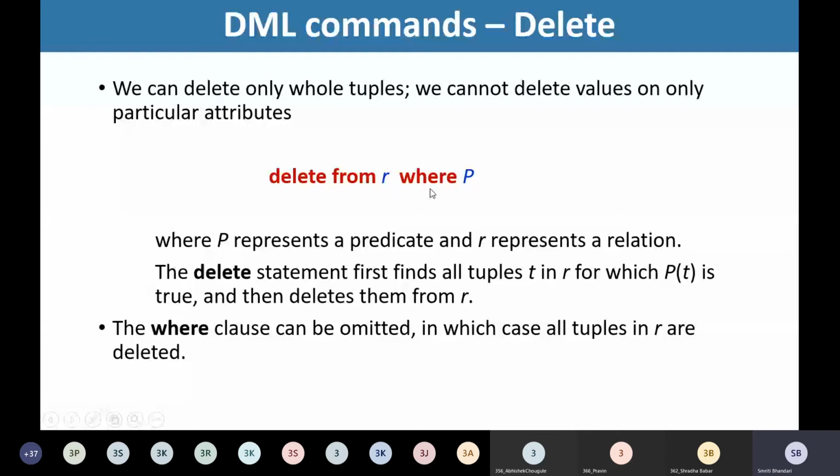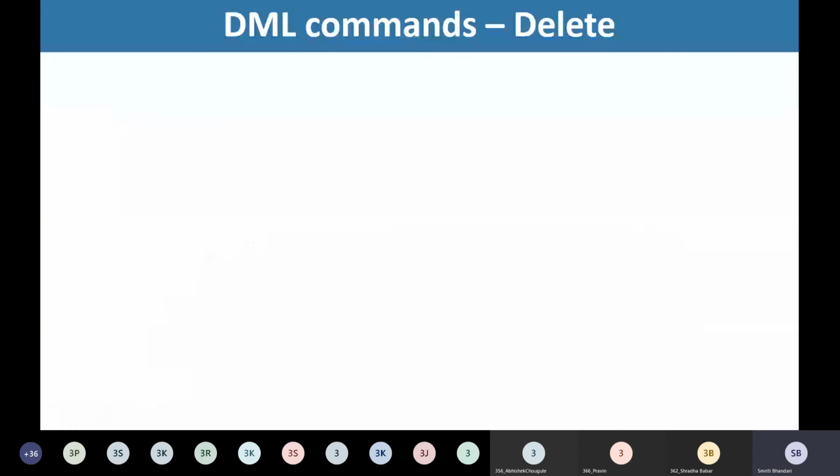But if we omit the where clause from this delete statement, then all the data from table R will be deleted. And if we provide the where clause with a predicate, then only those tuples matching this criteria P will be deleted.